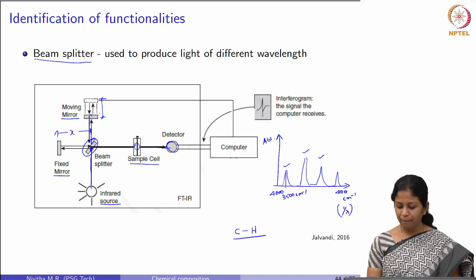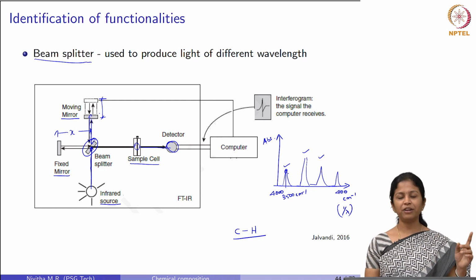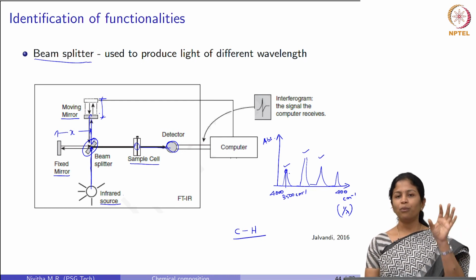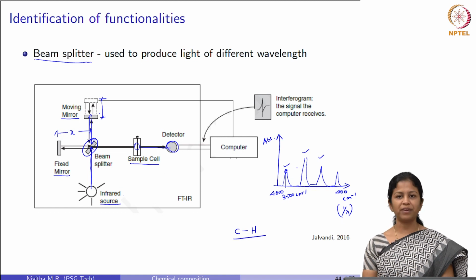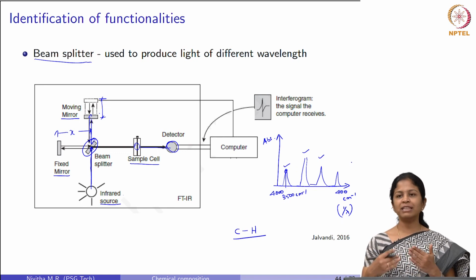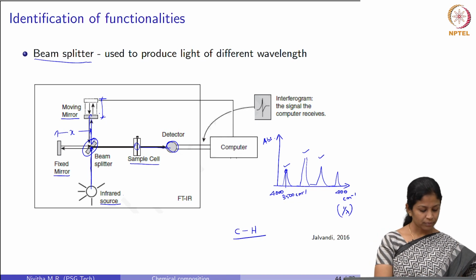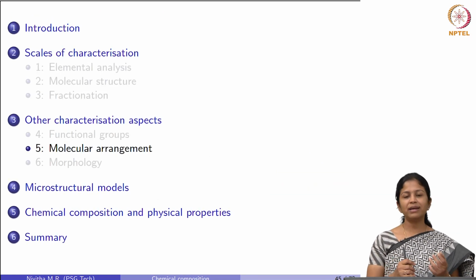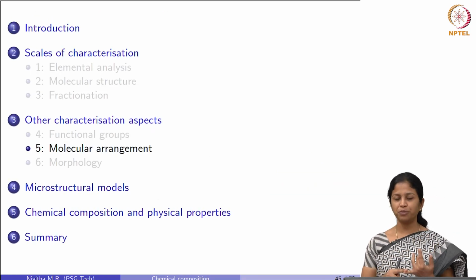So, when I see a peak at 3500, I refer to the literature and I will be able to see what peak is occurring at 3500. So, I will be able to say whether that particular functionality is present in bitumen or not. Similarly, we do this for the other peaks. So, using this referencing, we will be able to identify what functionalities are present in bitumen. That is with regard to the identification of functional groups in bitumen.